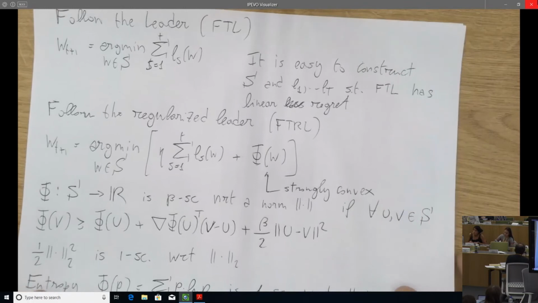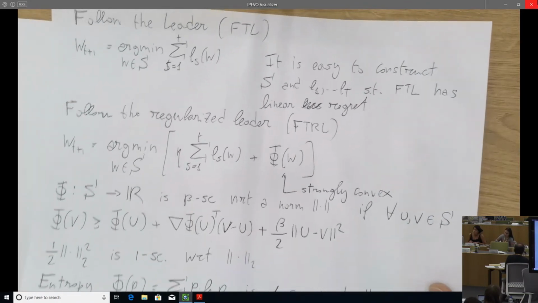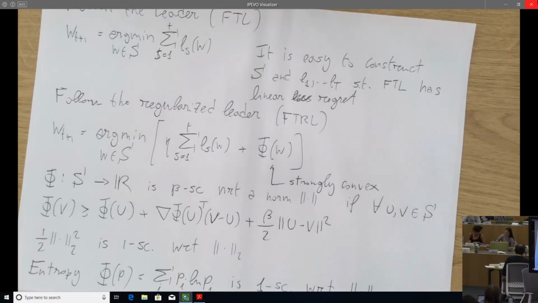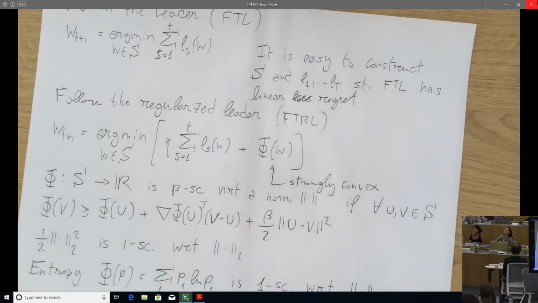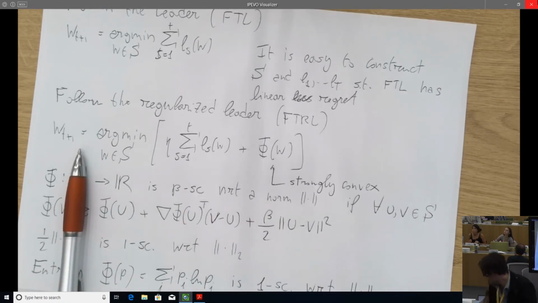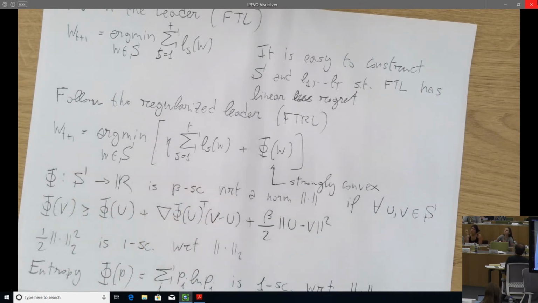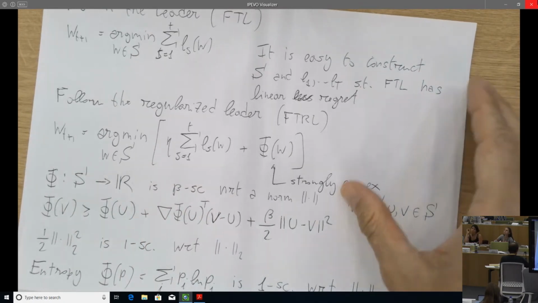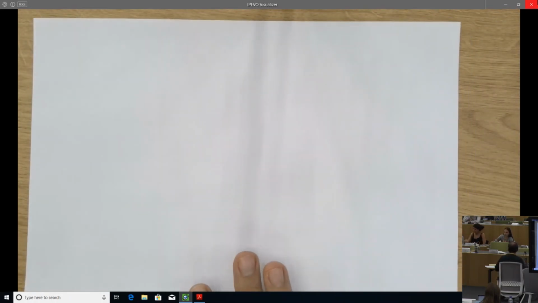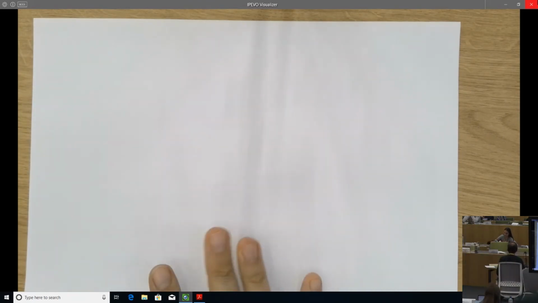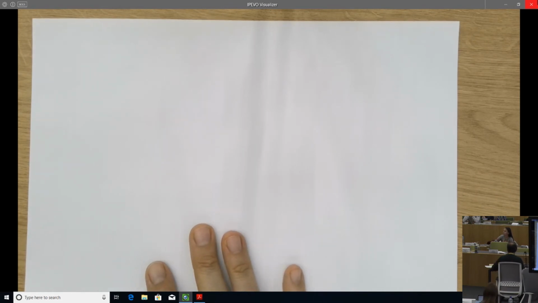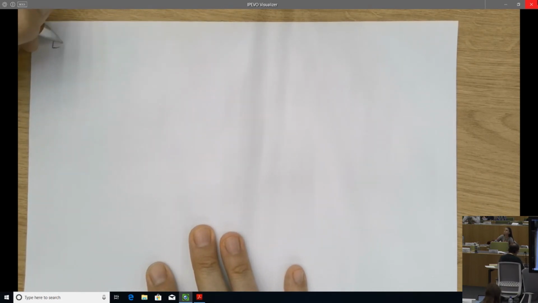All right, now we can look a little bit at how we can, for instance, recover hedge from this formulation. So now I'm going to show you that hedge is a special case of this algorithm, the algorithm that minimizes a regularized loss. Okay? So I do that in two simple steps. First step is a trick that exploits the fact that losses are assumed to be convex, and this is called the linearization trick.